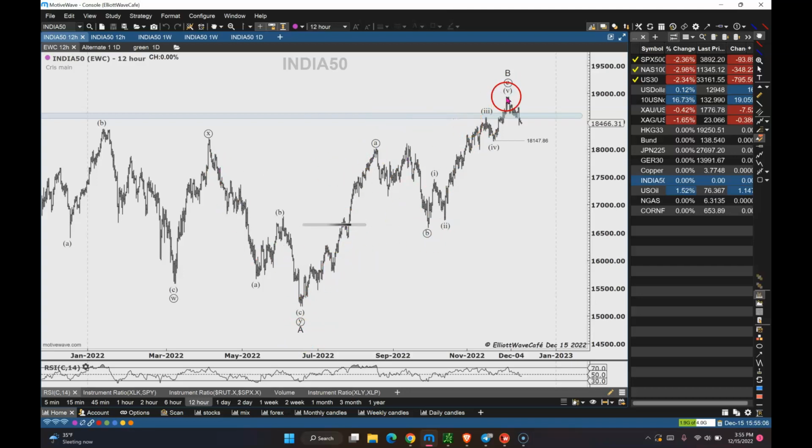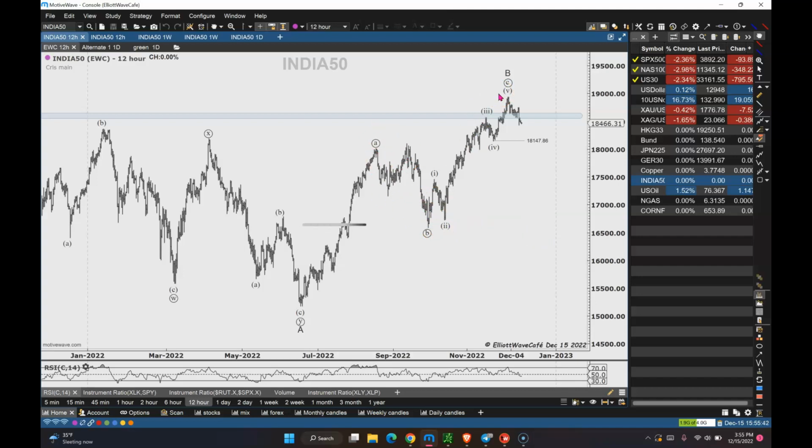It could be a big flat. If it is, oh my goodness, the C wave is going to destroy the Indian market. I don't want to be that dramatic, and it might not be that. But even if you're just counting this as a 1-2, you still need a fairly decent decline. And if you're breaking below 18,147, and that's a 5-wave move, then rest assured you're going to have a B wave and then a C wave decline to create that second wave. And then acceleration happens. And if you're coming below the B wave right there at 16,500, then you know that you very likely have a flat on your hands.